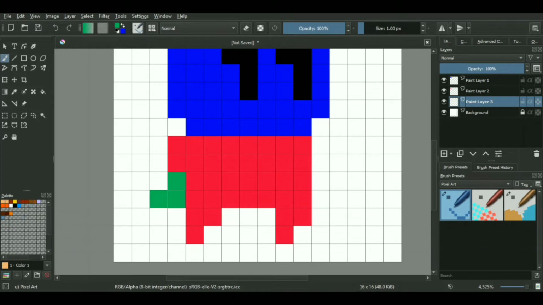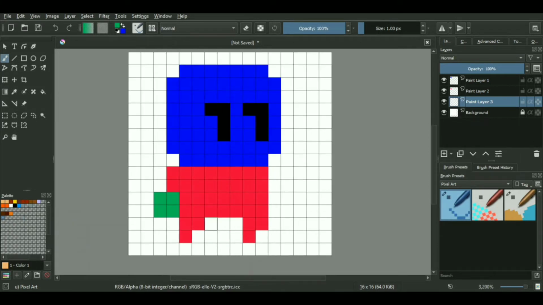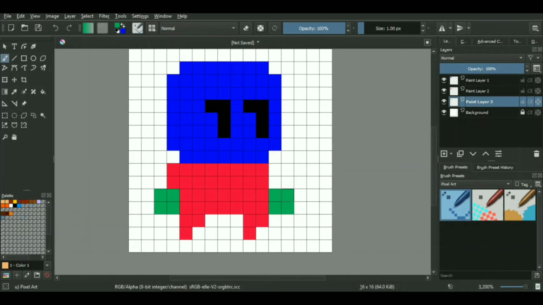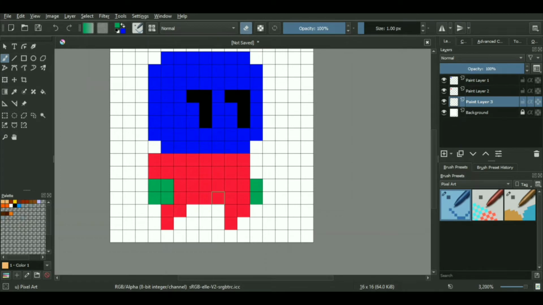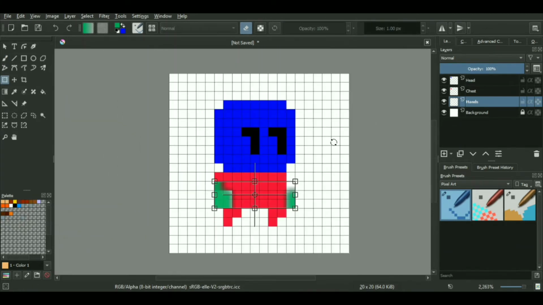The real reason I'm using this technique is that it helps you divide the character into simpler chunks, so that when you're manipulating and changing a lot of stuff here and there, adding details, colors and other components to your character, it is much easier for you, especially when you're animating the character. Obviously, since we are using a really small canvas, which is 16 by 16 pixels, there is not a lot of room for separate layers over here. But in case you end up drawing something much more complex than this, the technique will be the same, but the scope of your layers and the way you manage them will change.